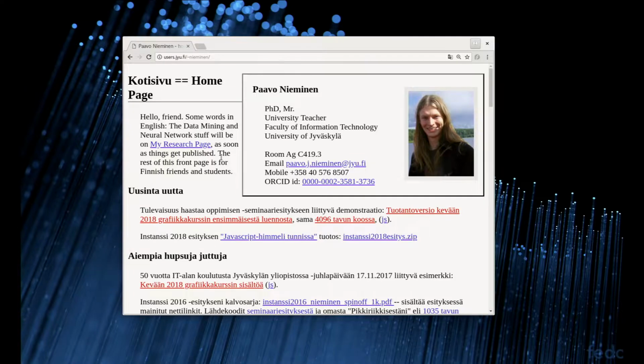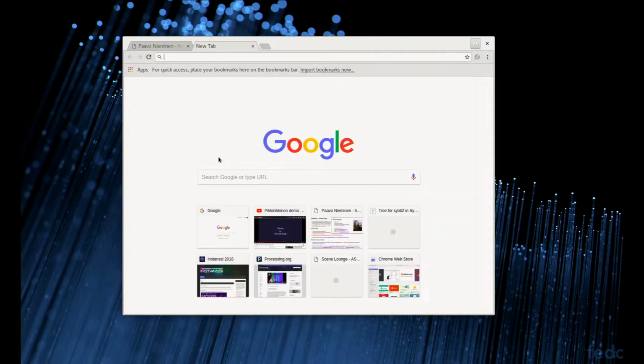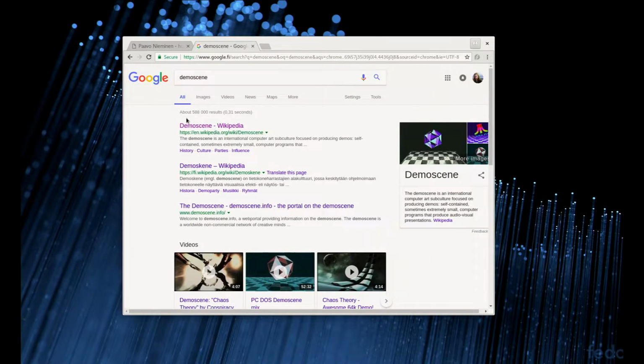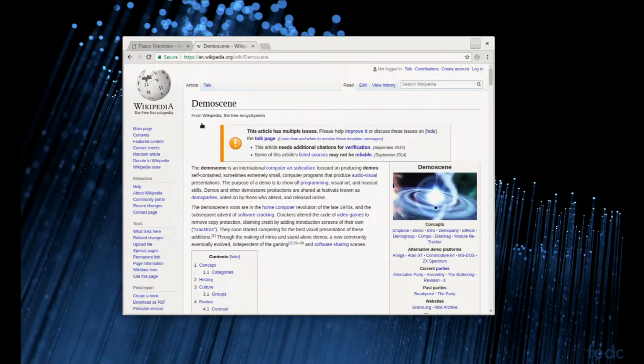Some of the reasons why I'm here is because I like demo scene, and I have been on and off demo scene for some time, since the 90s. For those of you who don't know what demo scene is, let's see what the internet knows. You can do this by yourselves at home or in here. Type something, and you can find, for example, Wikipedia pages about demo scene. Very nice. I'm not going to talk very much about demo scene, because you are here in the scene lounge, and there is a wonderful program here over the whole Assembly event that shows you totally what demo scene is. So let's just focus on the fact that there are these competitions called demo competitions, which include